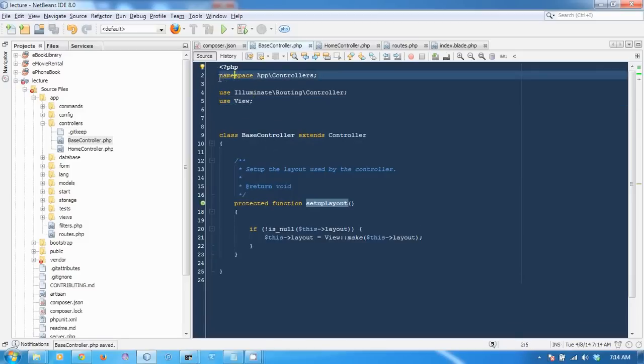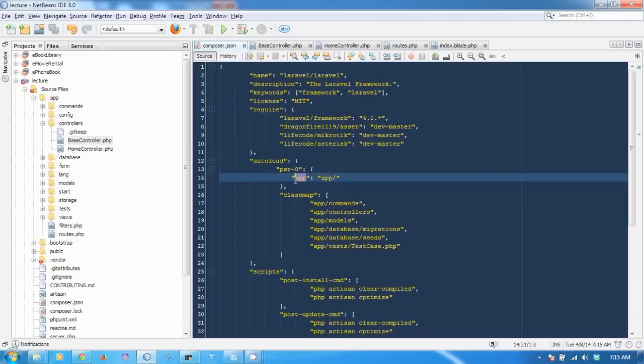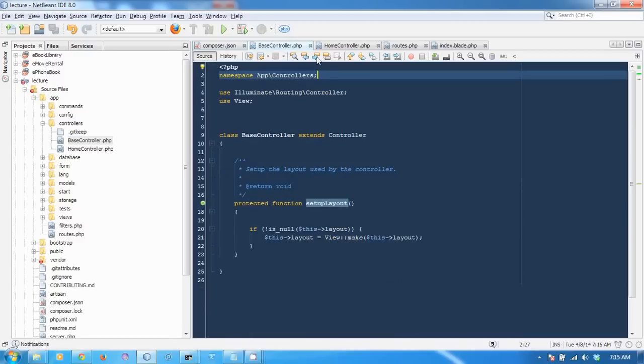This is the namespace. So this is the namespace App\Controllers, like you see in here, what I said is that this app will be the first namespace. So after that there will be Controllers because we are in the directory controllers.